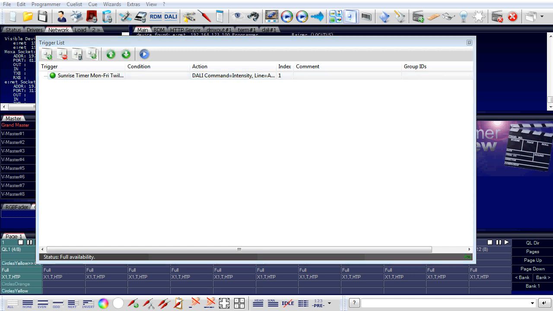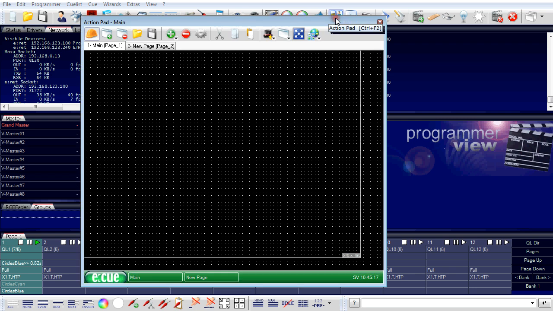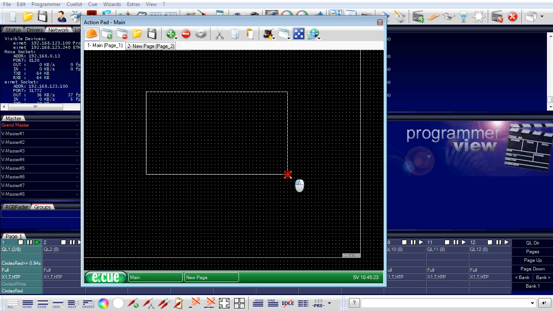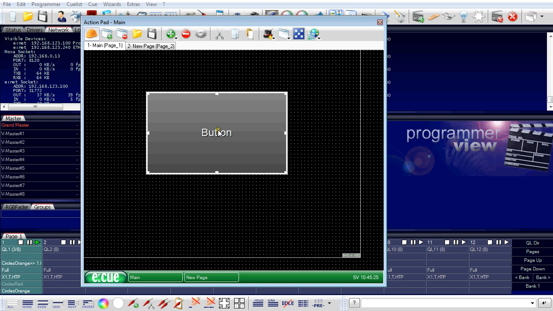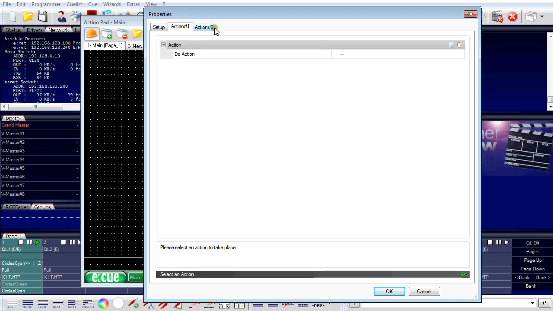You can even do more with the action pad. I open the action pad, I'm in edit mode. I will now add a generic button. Double clicking on the button opens the properties dialog, and I can now have two actions. For example, in the first action I could select